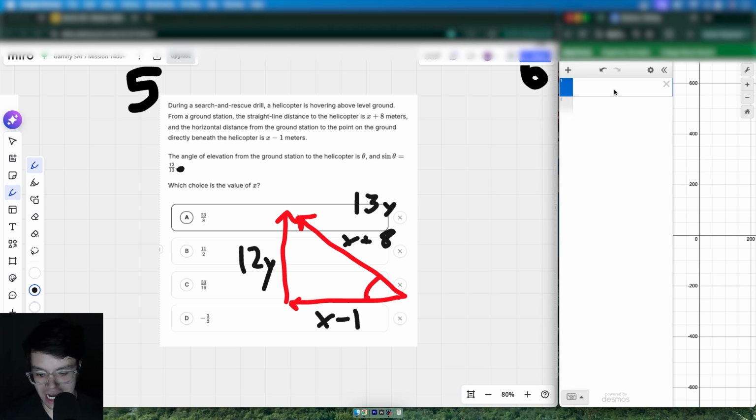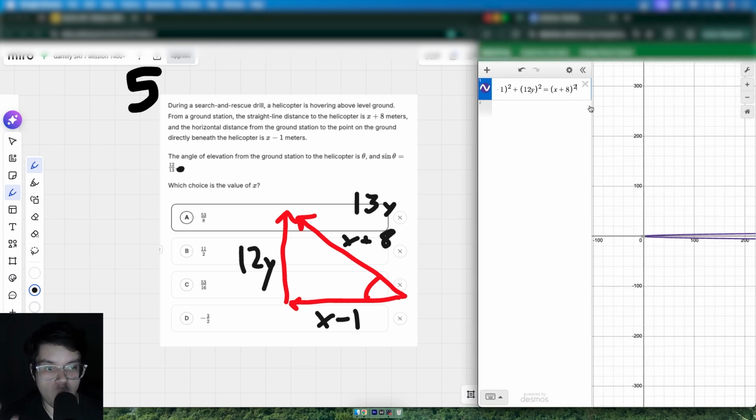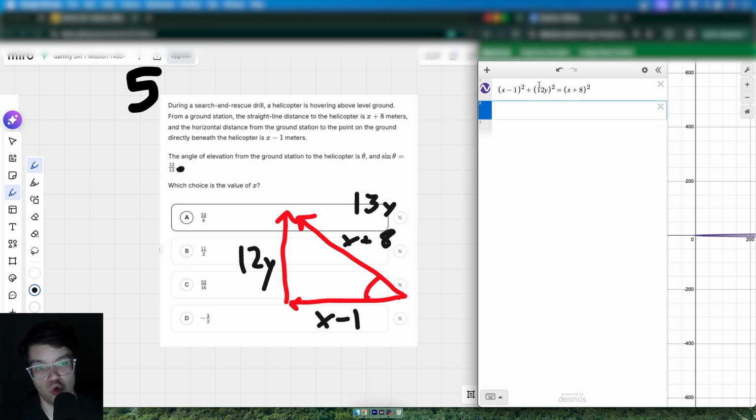So let me just go ahead and do that. I can say here (x minus 1) squared plus 12y squared plus x plus is equal to (x plus 8) squared. Okay, so that's good, but if you've watched any of my videos before, you know this rule about how when you have a variable, you must have the same amount of equations as you have variables. So since we have two different variables here, x and y, we must have at least two different